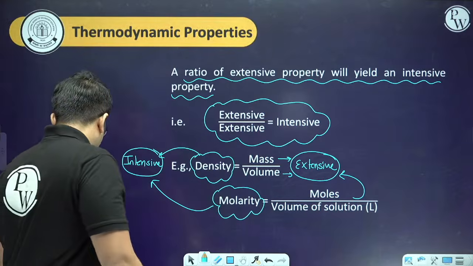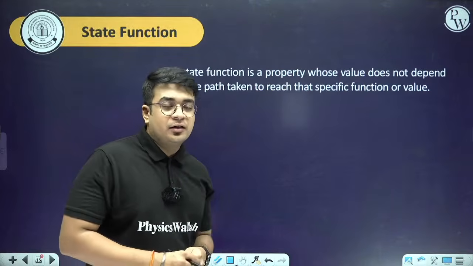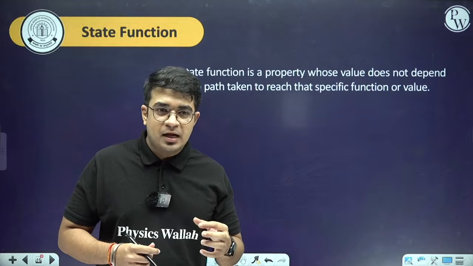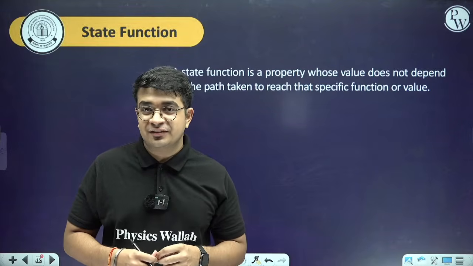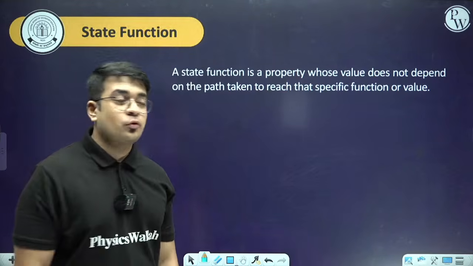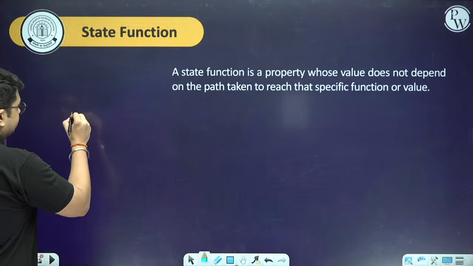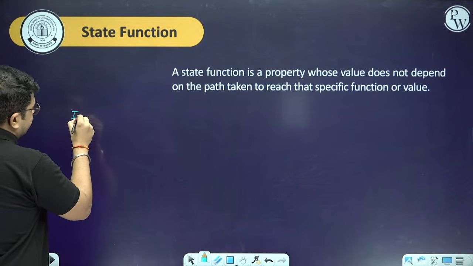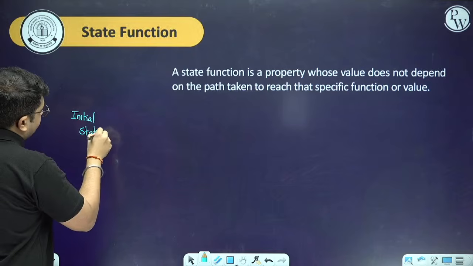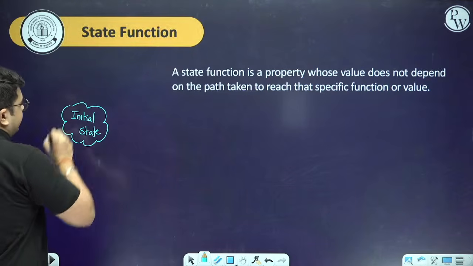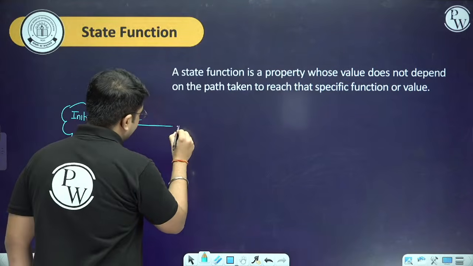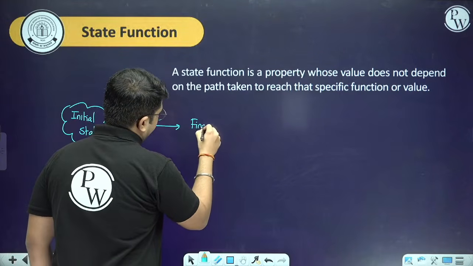Okay, now coming back to the part, we have two types of functions. So basically, how is there an origin of this state function as well as path function? Whenever we talk about any thermodynamic process, let's say we have an initial state from where we have started. Then I move to the final part. This is the final state